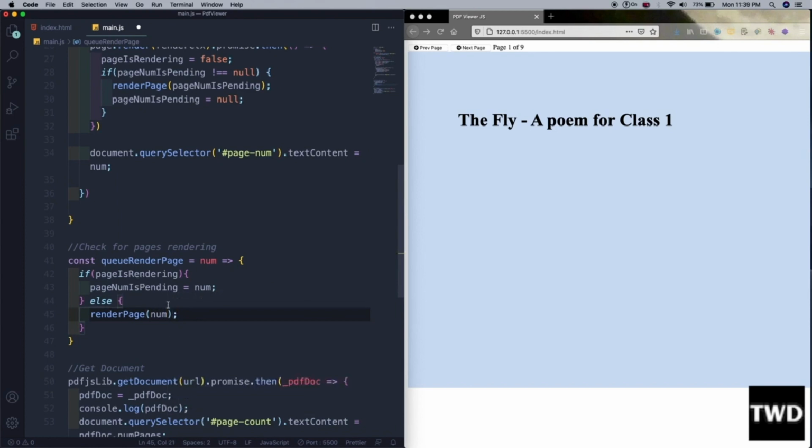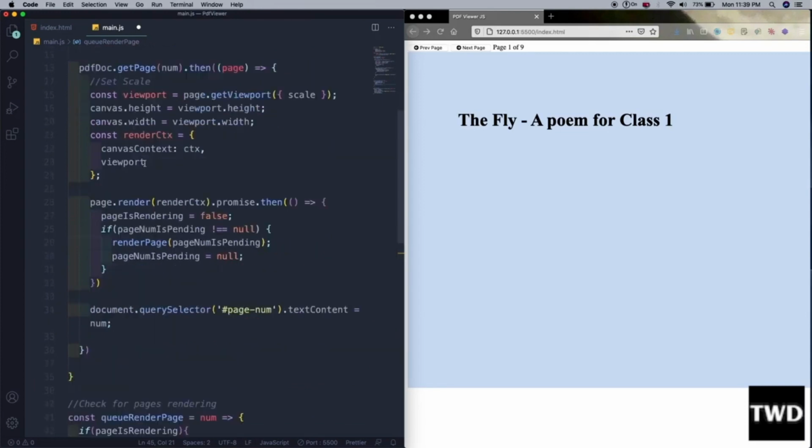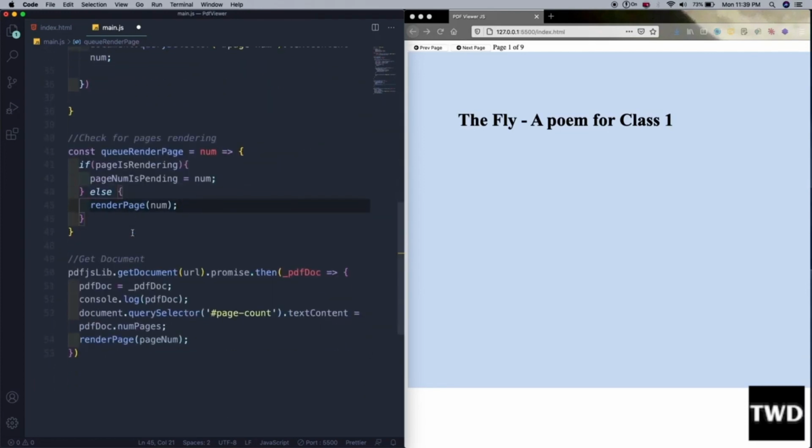So if page is rendering, then it will make it equal to num, or it will call this render page method. Okay, so now